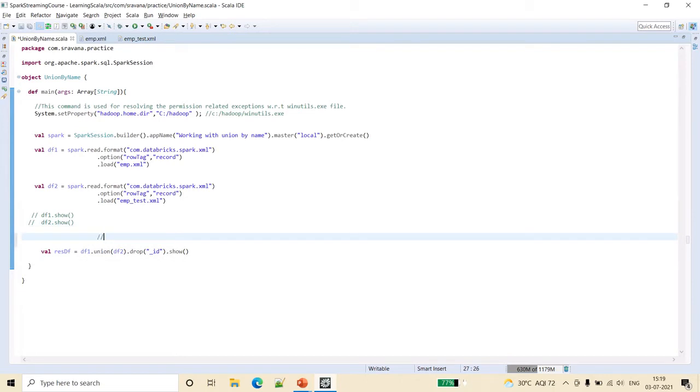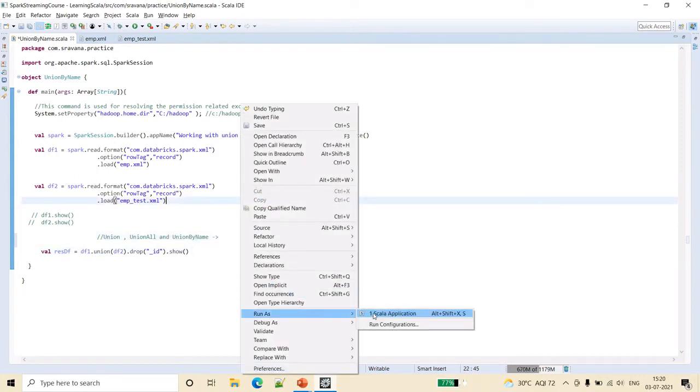See, in Spark SQL we have union, union all and union by name. So now we will see when we should use union by name, and in which cases union and union all will fail. Before checking that, we will see what the problem is when we use union.